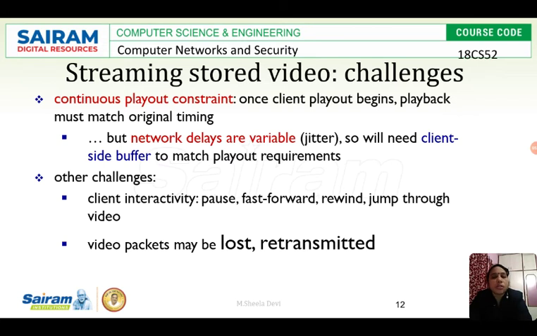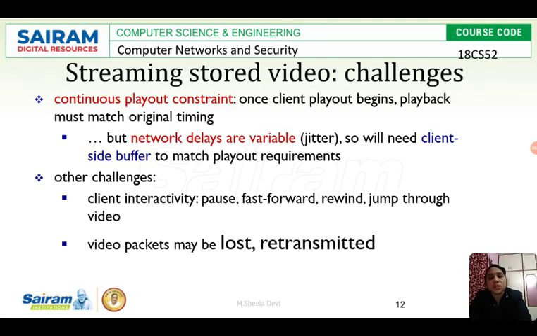We will assume that the first video block is sent at time t1, and the next video block is sent at t1 plus delta, that is after 1 microsecond. Then the third video block should go at the 3rd microsecond. But what happens if the third block of data couldn't go to the client?